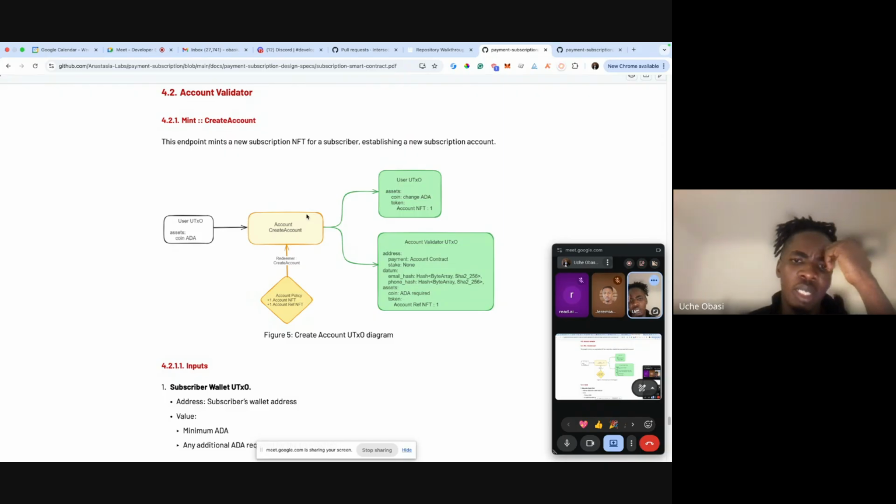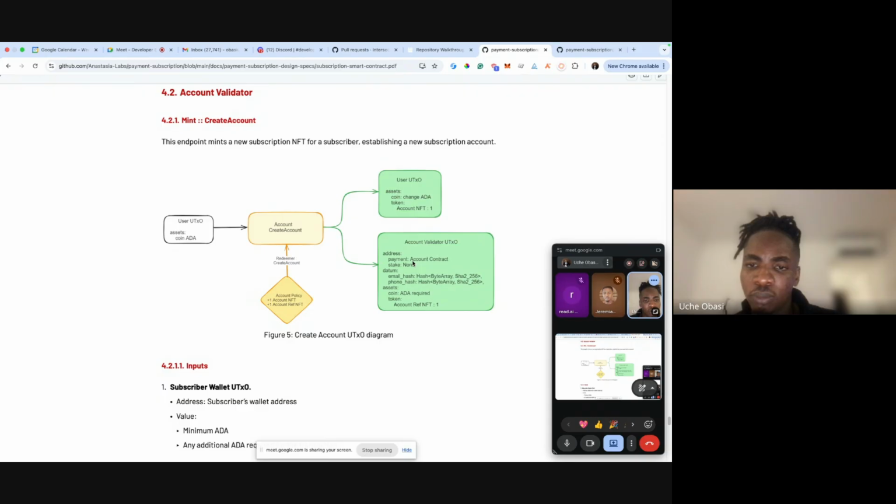And the create account service in this case connects you, of course, to the validators. And the validator has a metadata of the account. Things like